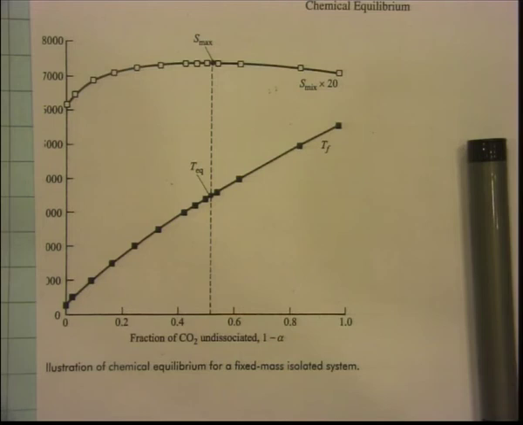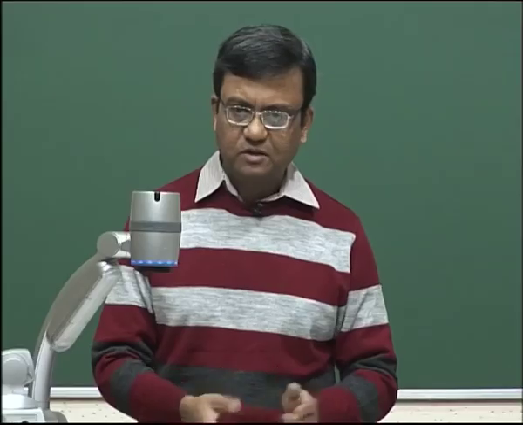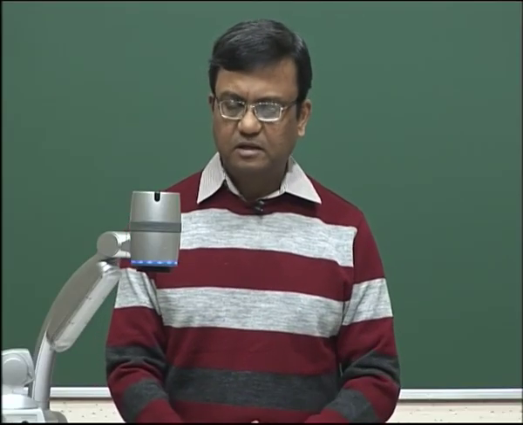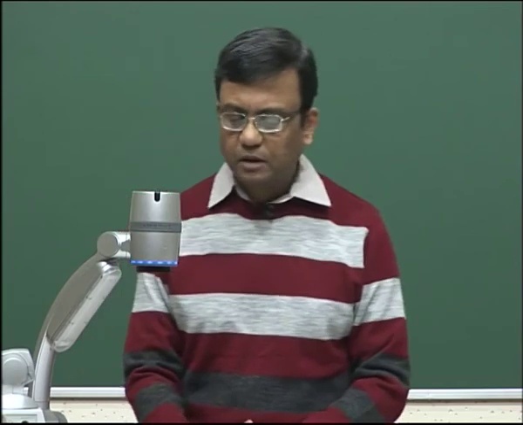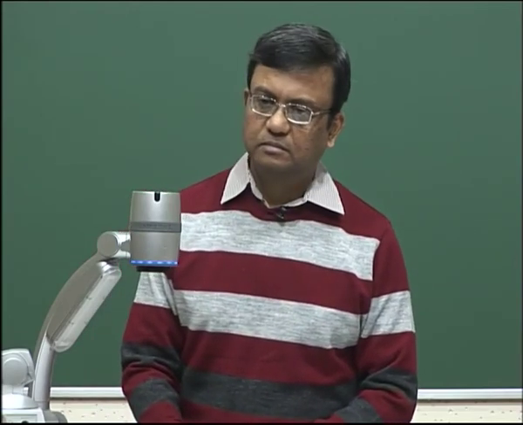So, what I think you are trying to say is that 1 minus alpha equal to 1 means alpha equal to 0. So, there is no CO2 which is dissociating. So, this is entirely exothermic, I think that is what you mean to say. Otherwise, there is a part of dissociation which will eat up the energy that is generated. So, this is complete combustion, correct.